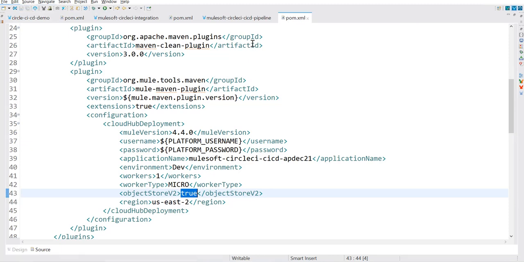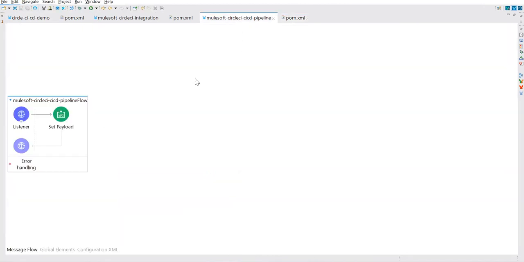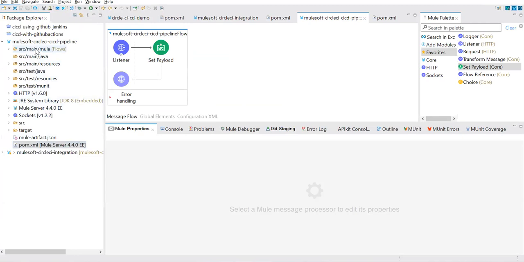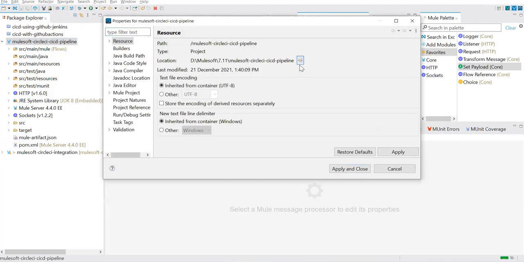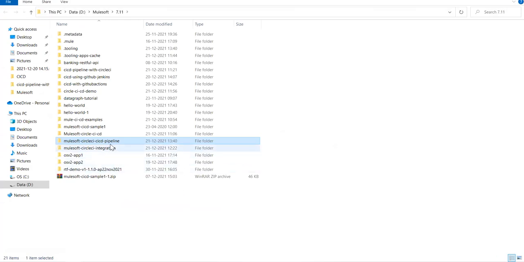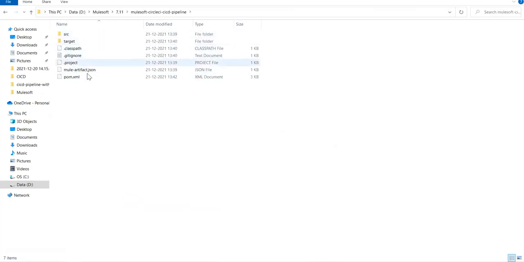Second, if you are implementing a CI/CD pipeline with CircleCI, then in our project itself we need to add settings.xml. So let's go ahead and I'll show you. We'll go to our project root directory, to the code repository. Here that settings.xml has to be there.